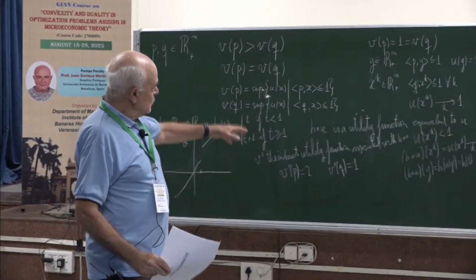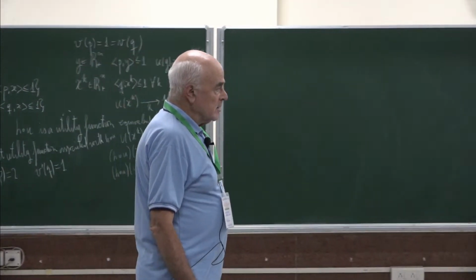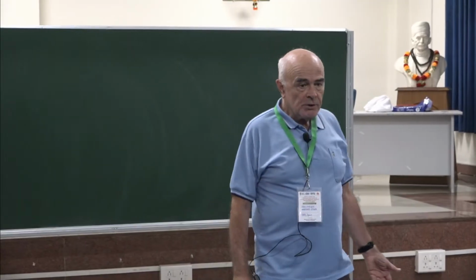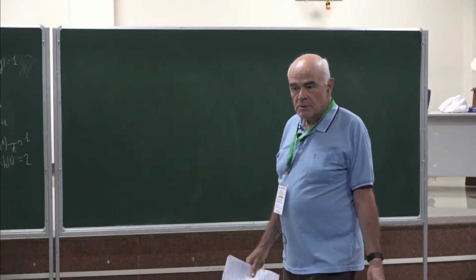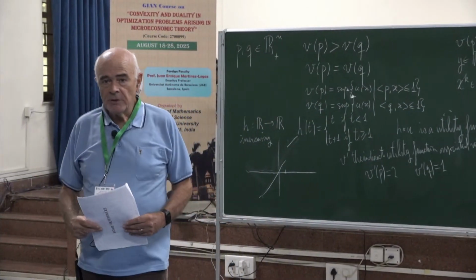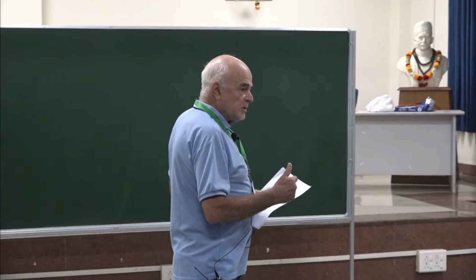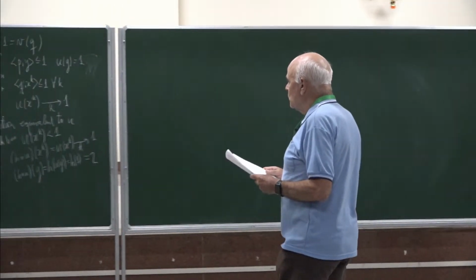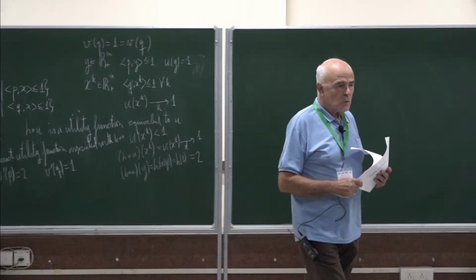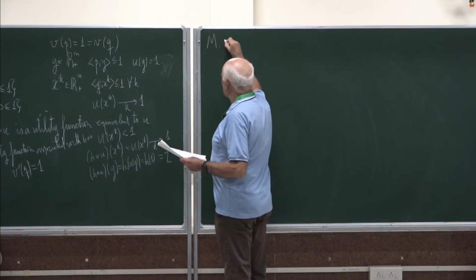This makes sense, not only because of this example, but also because we know that there are total preorders which are not representable by utility functions. I gave an example, the lexicographical order. Then it makes sense to try to extend our theory to preferences without utility functions. And I did this together with a friend of mine,